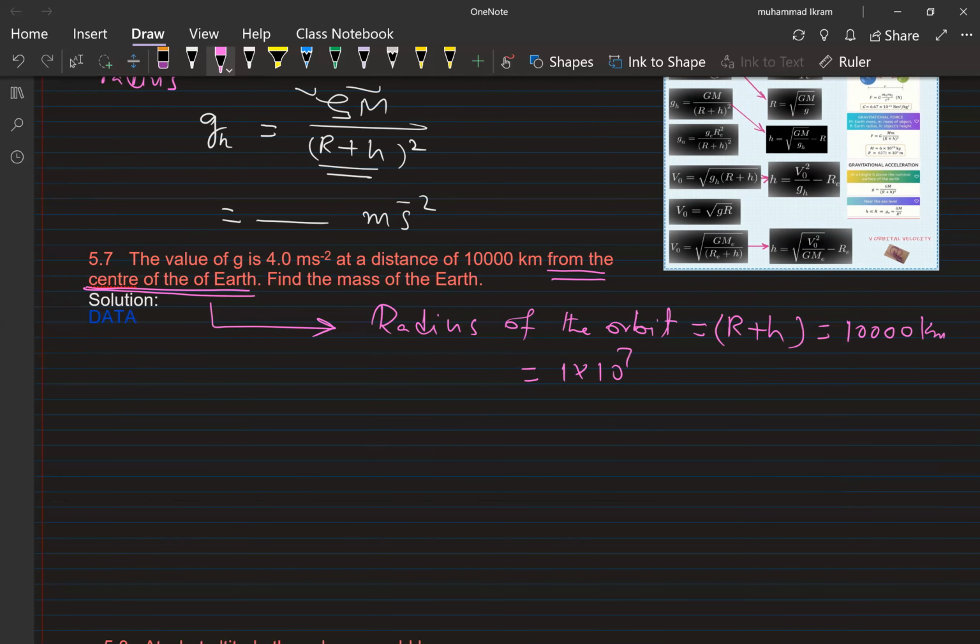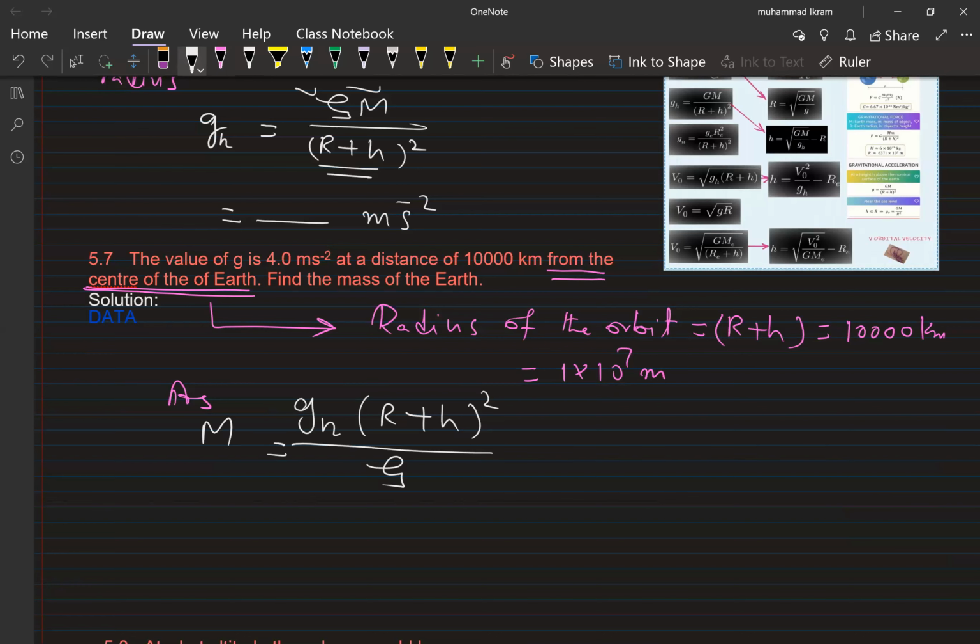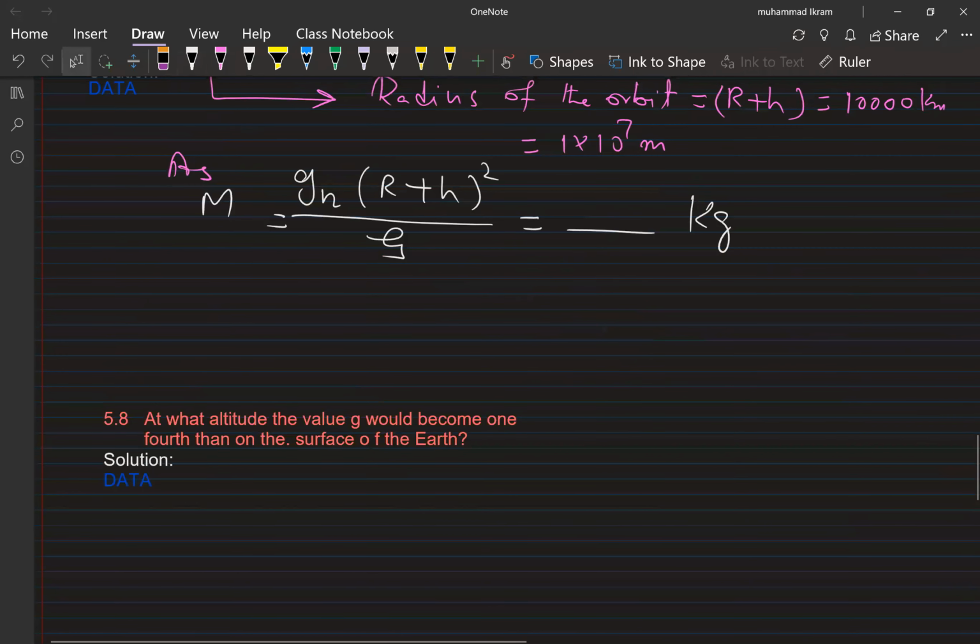So definitely, look, which formula will be used? Mass of the earth is required, so g, the value of g at that height, h is given. So you see, g at that height is multiplied by (r plus h) whole square and divided by G, and it is your M, the mass. And the answer will definitely be in kilogram. Clear? 5.8,